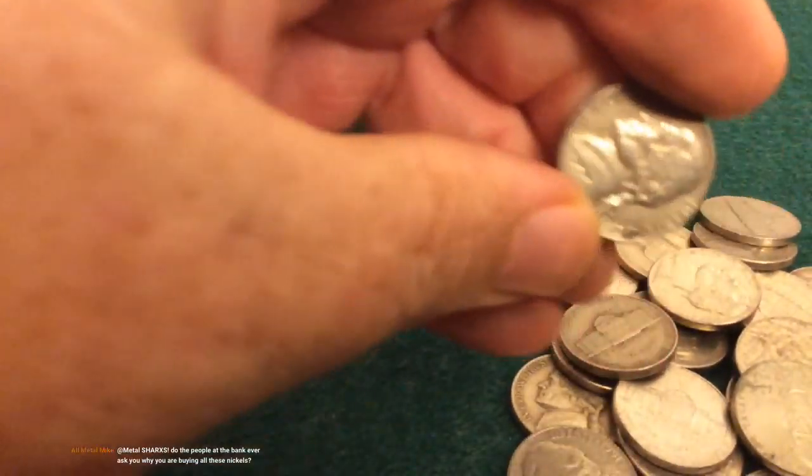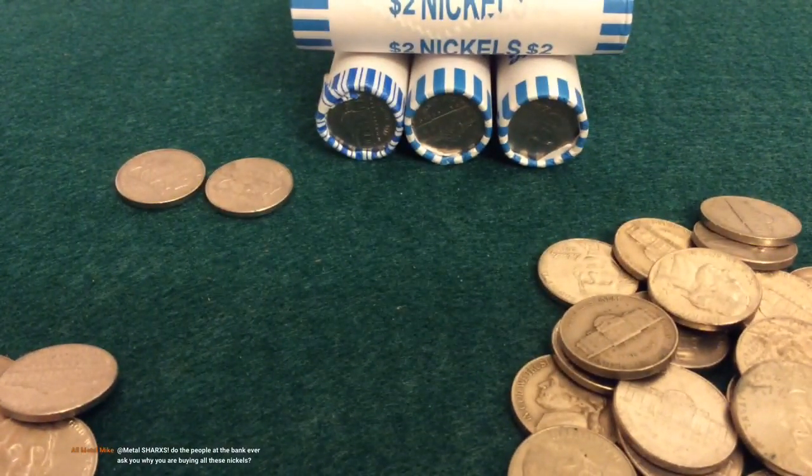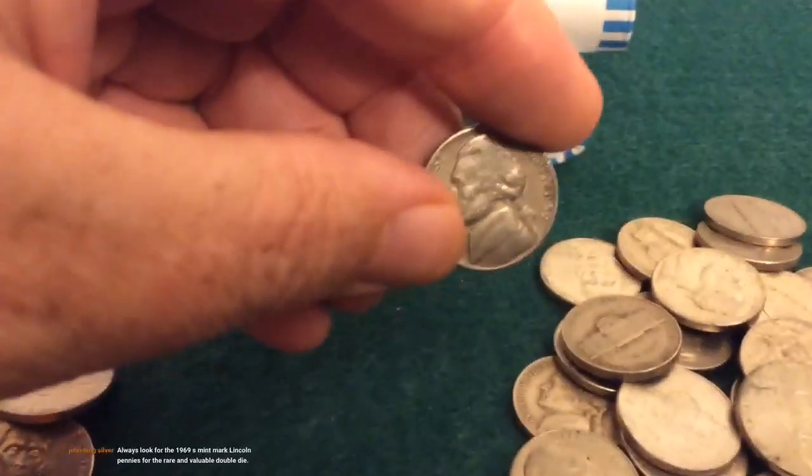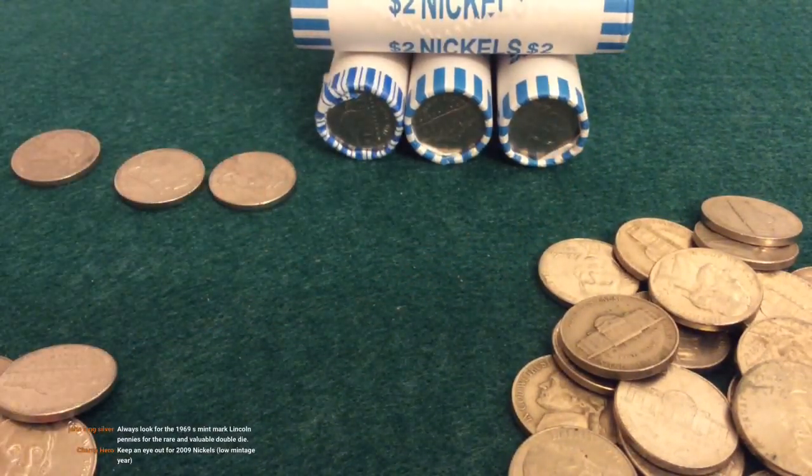So let's see how we're doing here. So let's keep it going here. So this one is 19. This is an older nickel that I just got, 1950. So one thing I wanted to mention, I'm going to put that 1950 up there because I like to keep